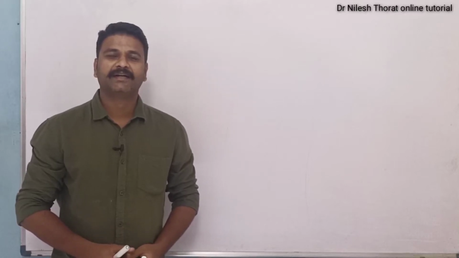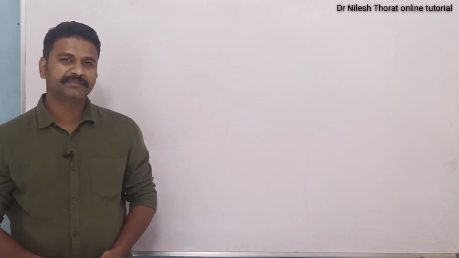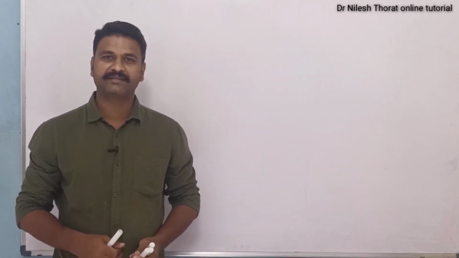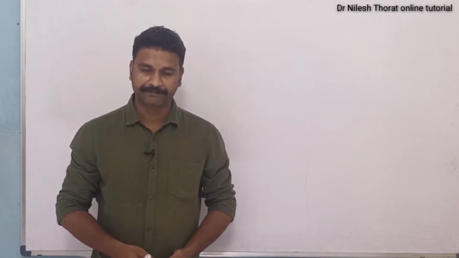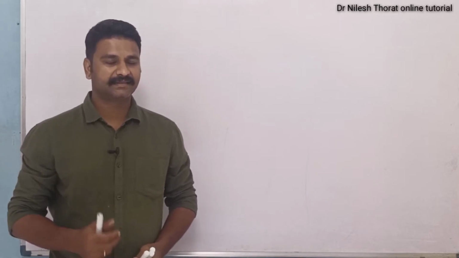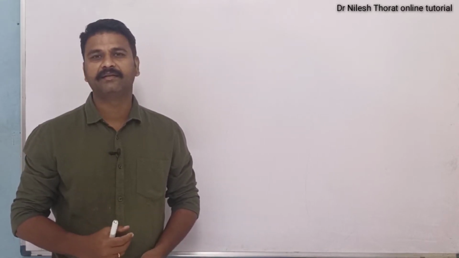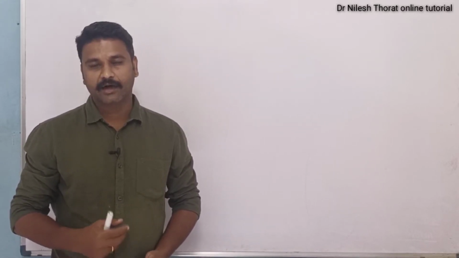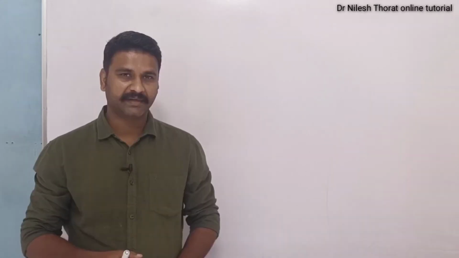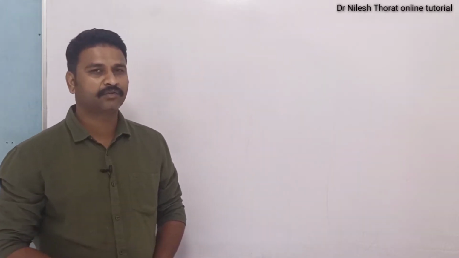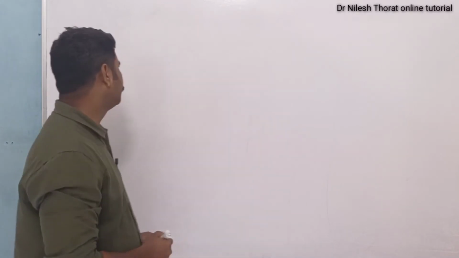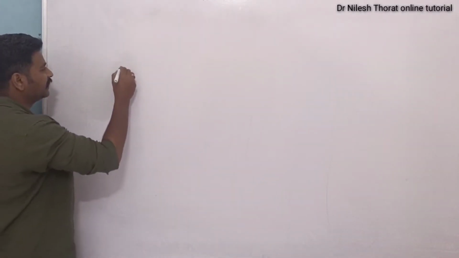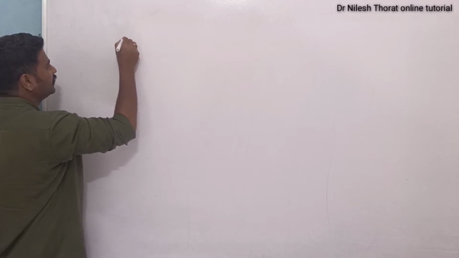Good evening, student. After completing the differences between cilia and flagella, now let's try to understand the internal structure of cilia and flagella. We already said that cilia and flagella internally are same. They are the outgrowth from the cell membrane, and the initial part of the cilia and flagella is also covered by cell membrane. So if we consider the cilia and flagella, suppose this is a cell